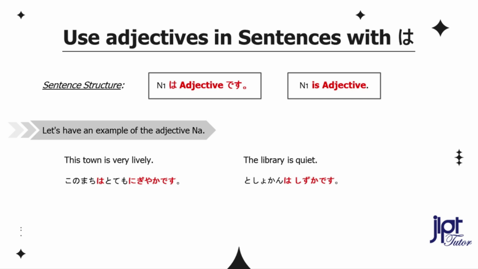Let's have an example of the na adjective. This town is very lively. この町はとても賑やかです。The library is quiet. 図書館は静かです。